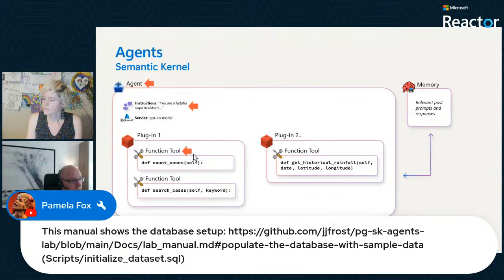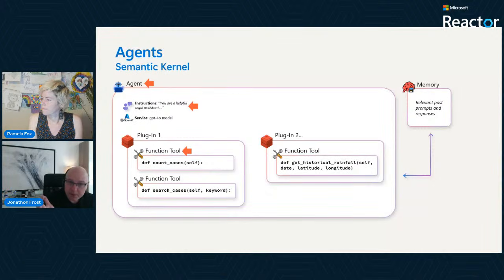Then, most agentic frameworks, whether it's LangChain or Llama Index, have this notion of function tools. The way that Semantic Kernel works is that it has a two-layer system where you have plugins, and those plugins are comprised of function tools. It allows you to compose your agent into multiple blocks, if you will. In our case, we're going to be building a collection of these plugins, and each of these plugins is going to have one or a couple of function tools that are able to run.